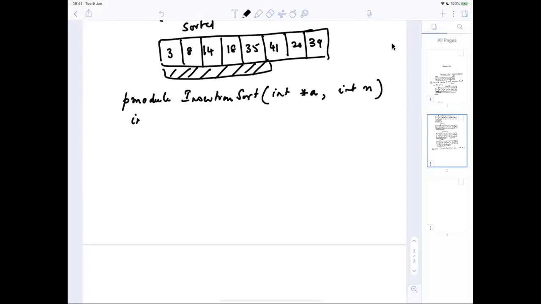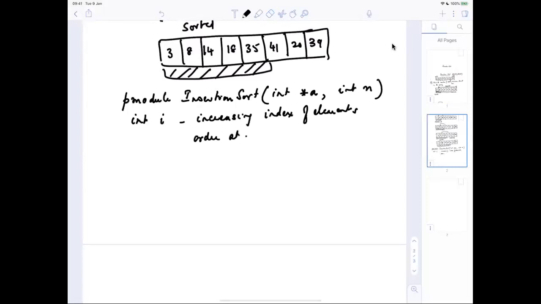And let's say I have variables int I, increasing index of elements ordered